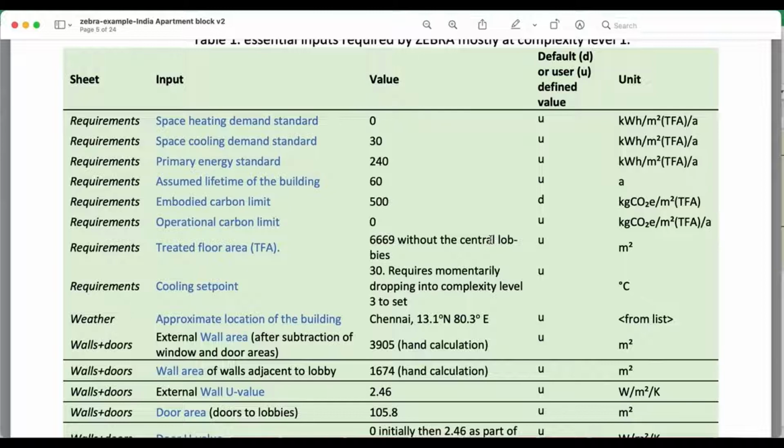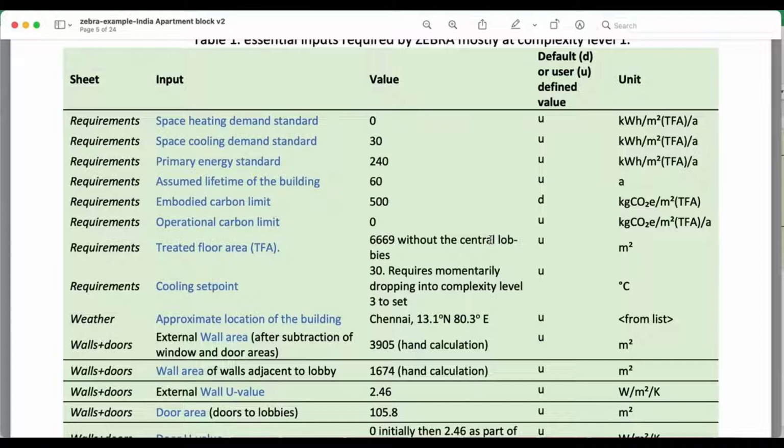It's quite good. If you're in a group situation, in a meeting or a design studio project, you can sit down and look through this list and see how much of the information you know, and agree the values of parameters that you're going to use in the modeling. So I start with creating this table for every project. It then means I know I've got all the information that I need before I open up Zebra. Other people will want to just open up Zebra and start filling it in.